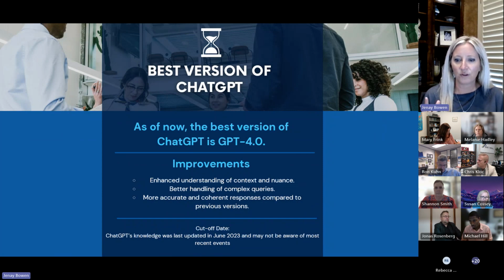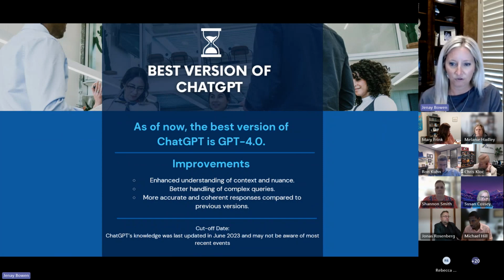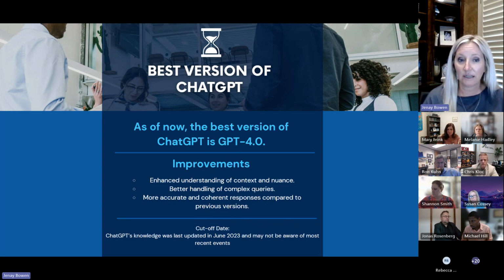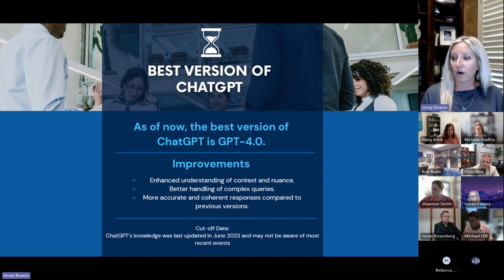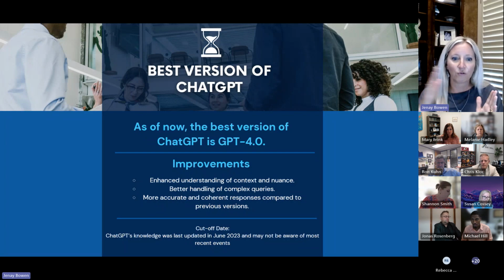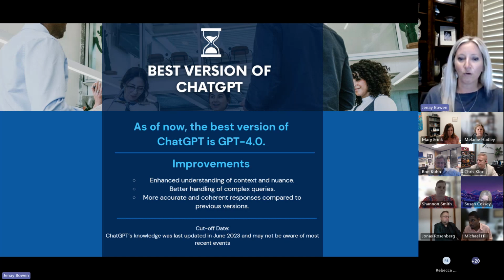You want to use the most recent version because it's going to have the most up-to-date information. There are certain cutoff dates on those versions where it stops learning. When it stops learning, it's not learning what's on the internet anymore, so the most recent things and data may not be reflected in the output. So you want to make sure you're constantly on the most up-to-date ChatGPT version.